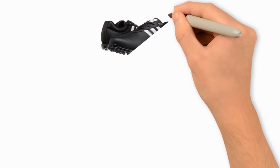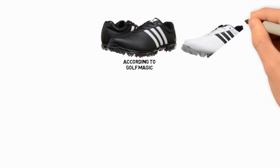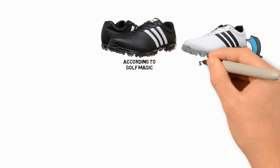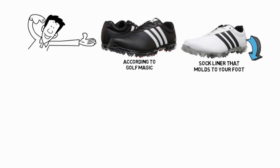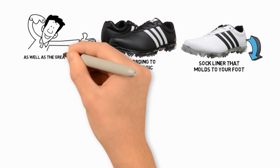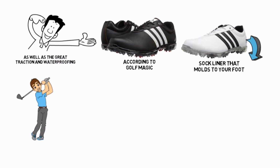These shoes perform especially well in cold and wet conditions, according to Golf Magic. These shoes give you a nice level of comfort too, as they each feature a sock liner that molds to your foot. Golf Shoes Info likes the low price point of these Adidas golf shoes, as well as the great traction and waterproofing. However, low-handicap golfers may find the Adipure Flex lacking in features to help with balance for high-speed